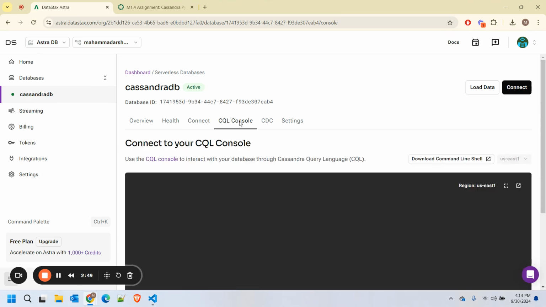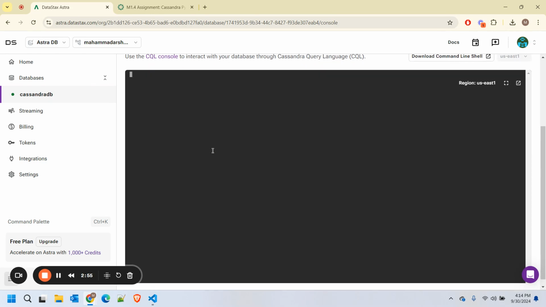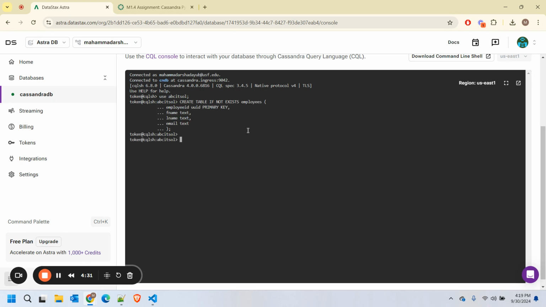This is a CQL console. This is a Cassandra Query Language shell terminal that we can use to connect to our keyspace, create a database, and create a new table. We have created a table called employees in our keyspace ABC IT Solutions. If you want to insert into this newly created table: insert into employees values,